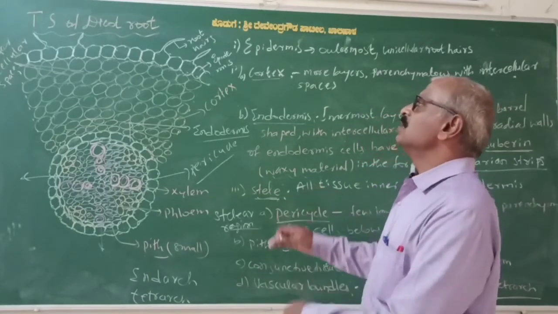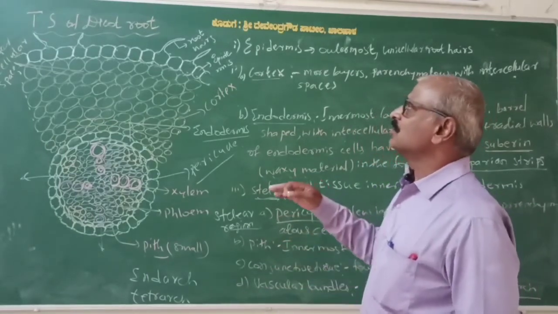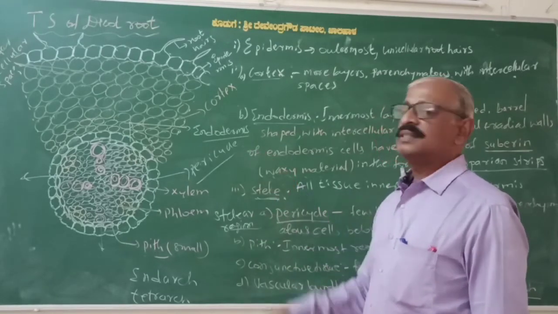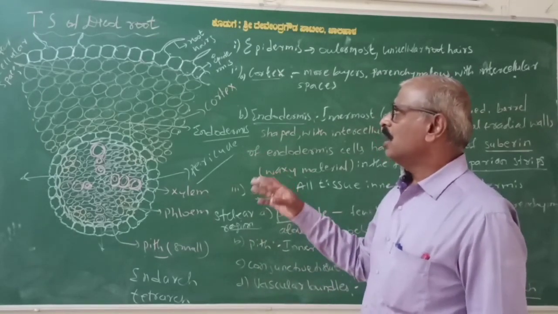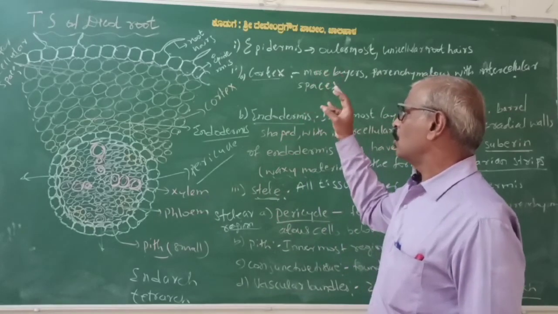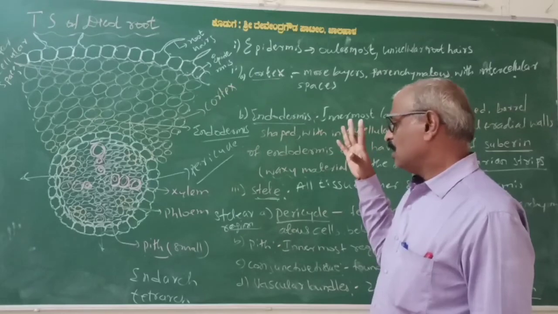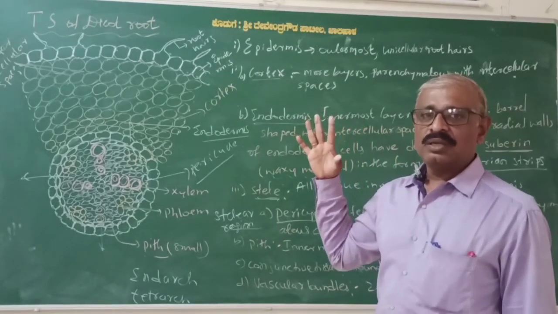Yes, this is the detailed structure of the TS of a dicot root. You have to practice at home how to draw it, and remember epidermis, cortex, endodermis, stellar region, pericycle, pith, then vascular bundles. I hope